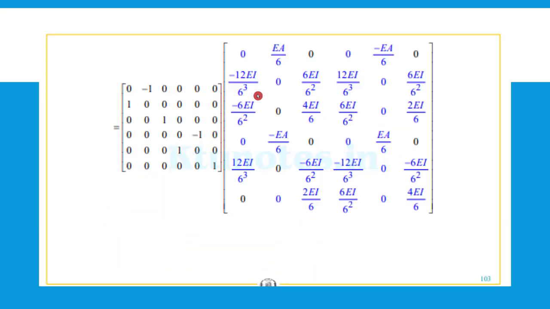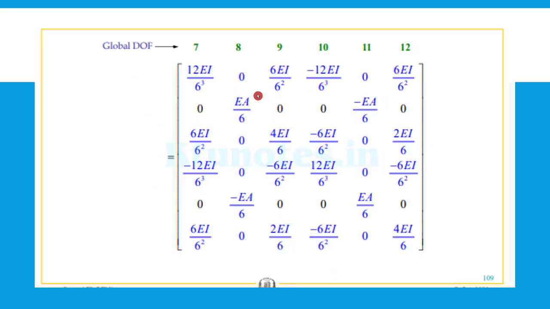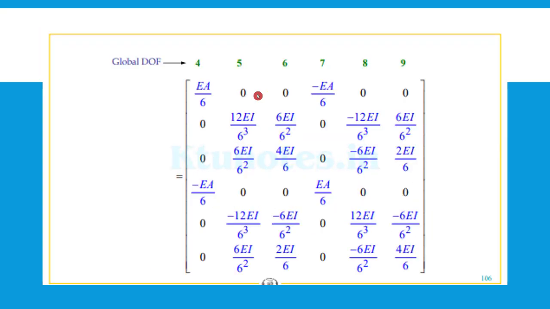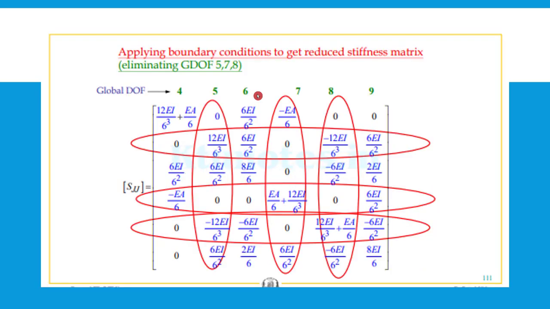So the corresponding matrix is written here: 4, 5, 6, 7, 8, 9. Okay, so add the different element contributions accordingly to get this matrix, and then now we know that the